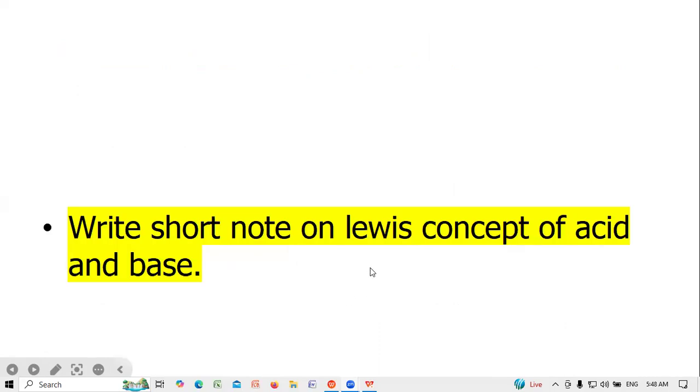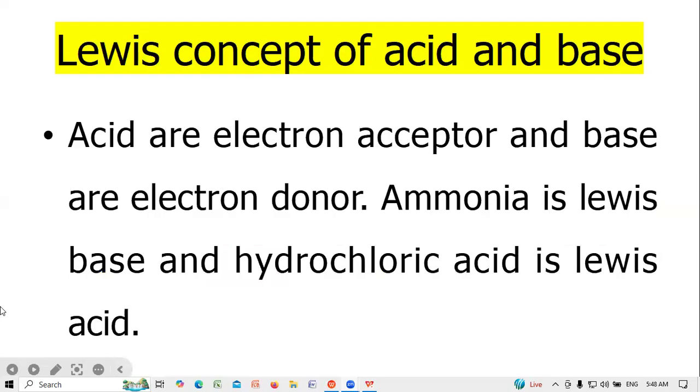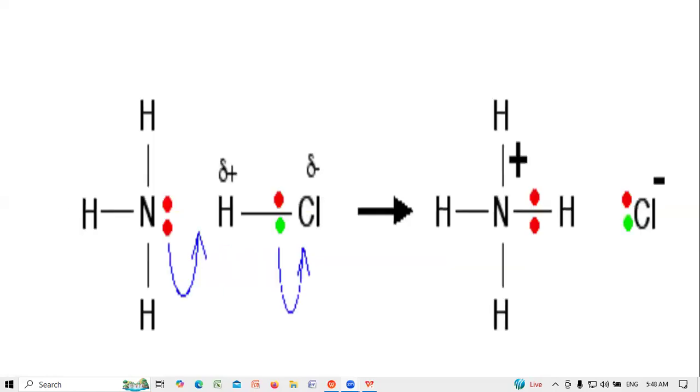Right, short note on Lewis concept of acid and base. Acids are electron acceptors and bases are electron donors. Ammonia is the Lewis base and hydrochloric acid the Lewis acid. See, the ammonia accepts the proton, and hydrochloric acid